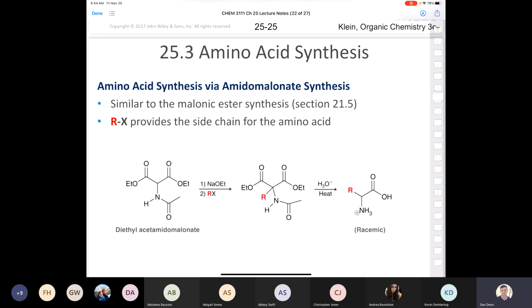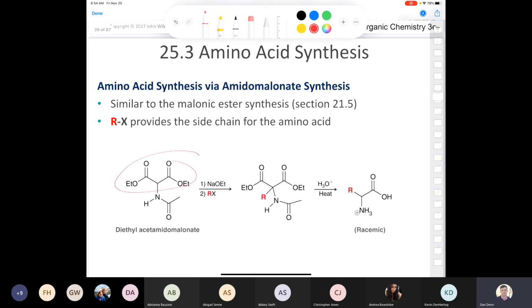But if you modify the diethyl malonate, which is just what I have in the red circle, and put this N-acyl group on here, then you get this new molecule called diethyl acetamidomalonate, however you want to pronounce it. Anyhow, it's kind of a clever way to synthesize an amino acid, right? Because you have an